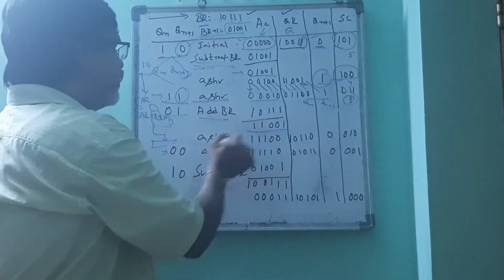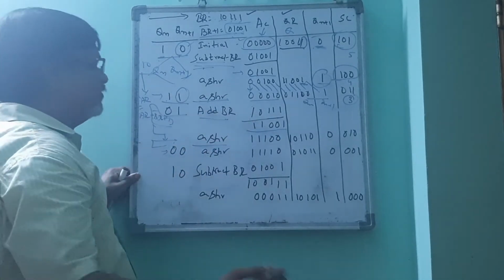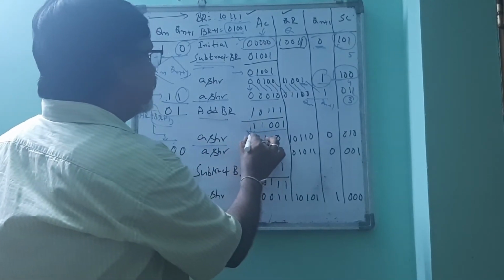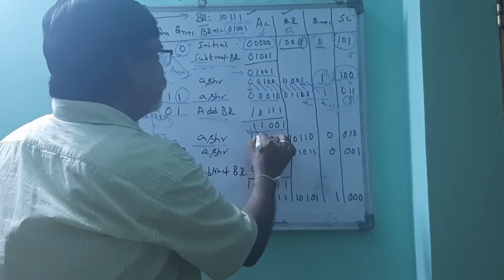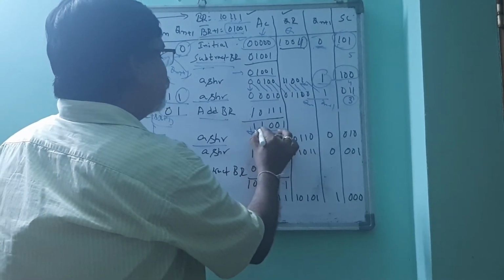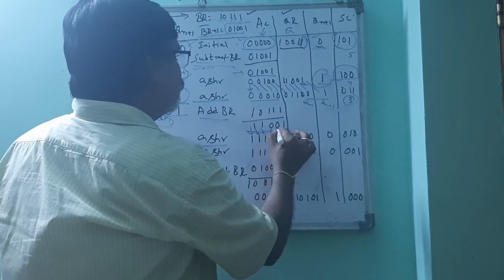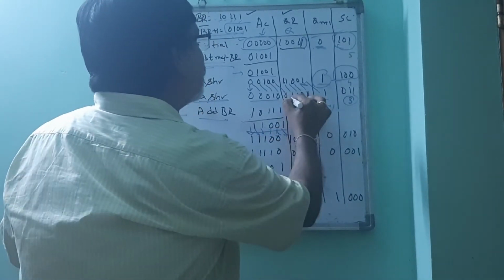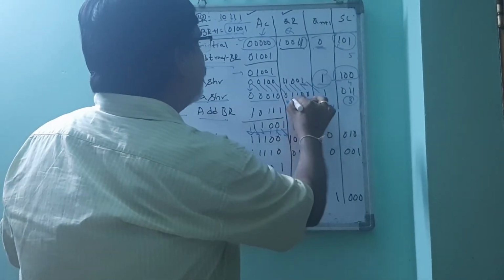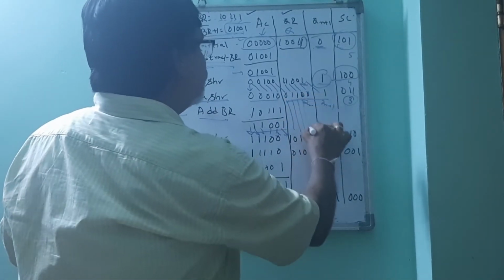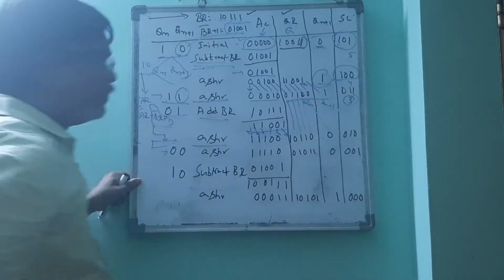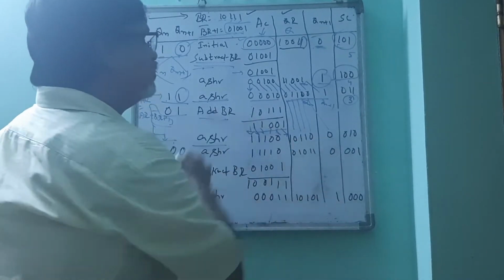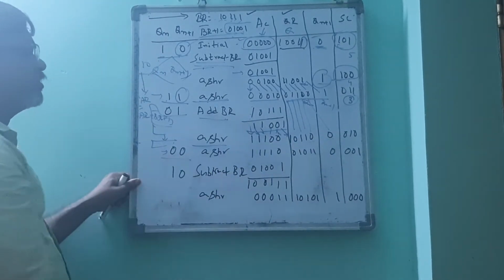So after adding BR, we will get this in AC. After performing that, we are going to perform the shift right. If you perform shift right, again the most significant bit will be written as it is, and this will be moved here, and then this will be moved, like this. So this 1 will be moved, and whatever the previous values are, this 0, this 1, and this 0, and here Qn plus 1 will be 0. So what is Qn plus 1? 0. And what is Qn? 0.